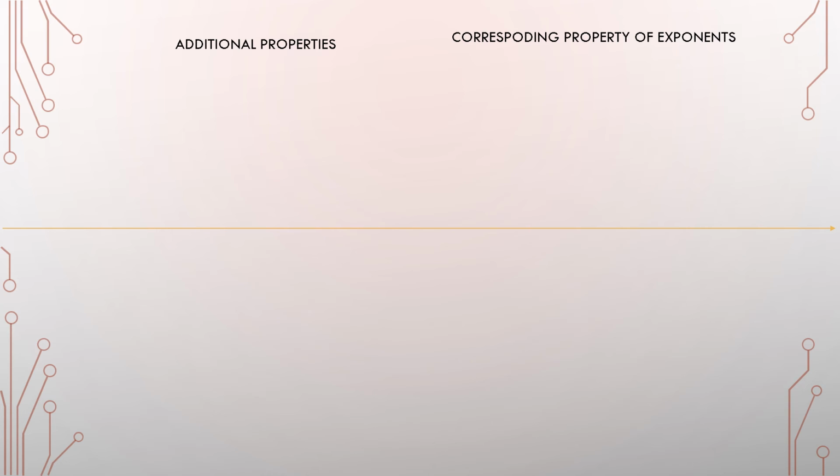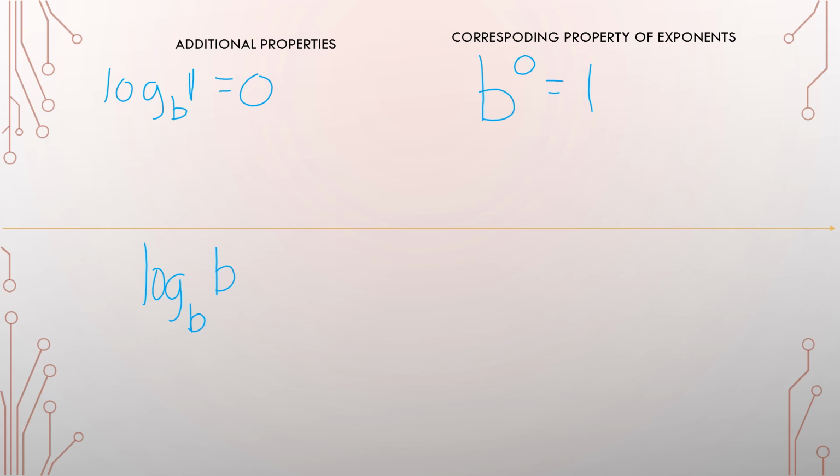And we have two additional properties that we're going to look at. The first one states that log base b of 1 equals 0, and our corresponding property of exponents is going to be b to the 0 power equals 1. And then we have log base b of b equals 1, and that is going to equate to b to the first power equals